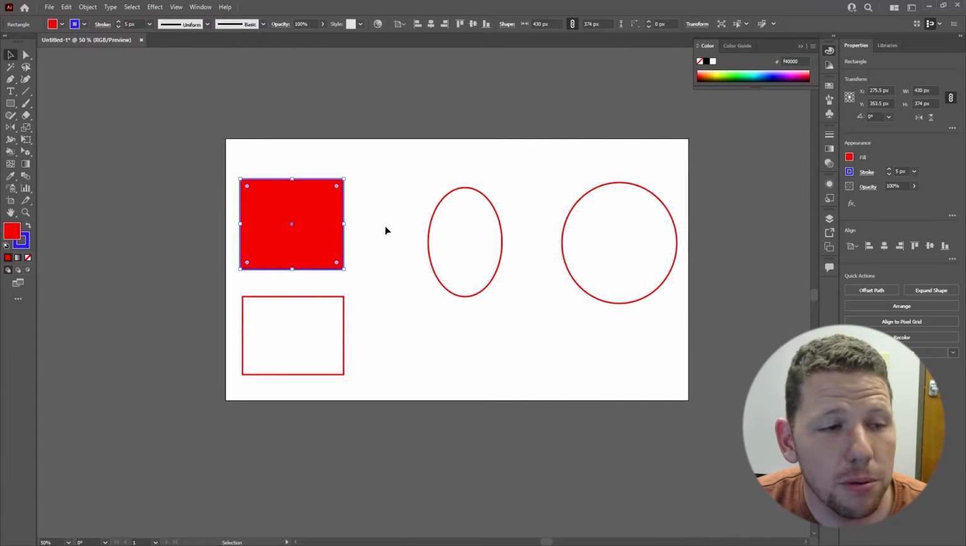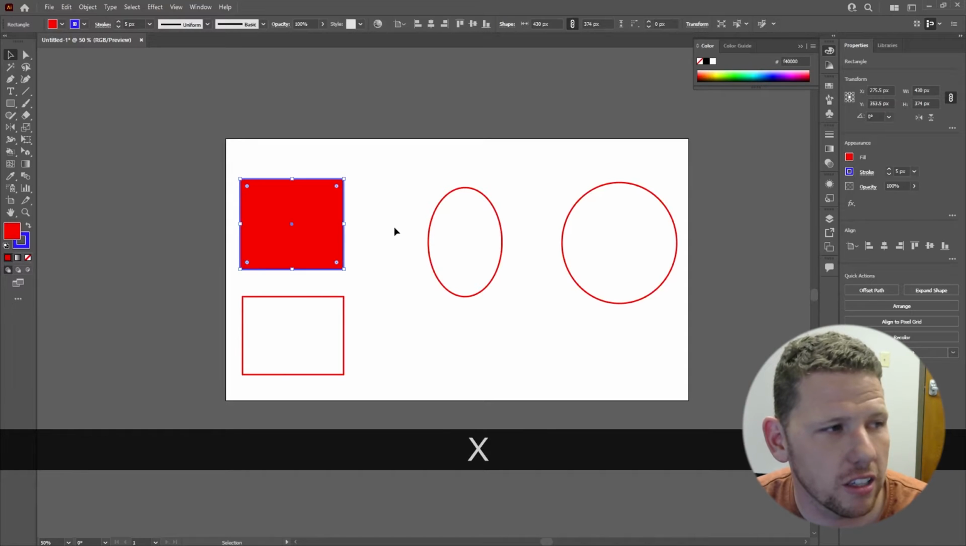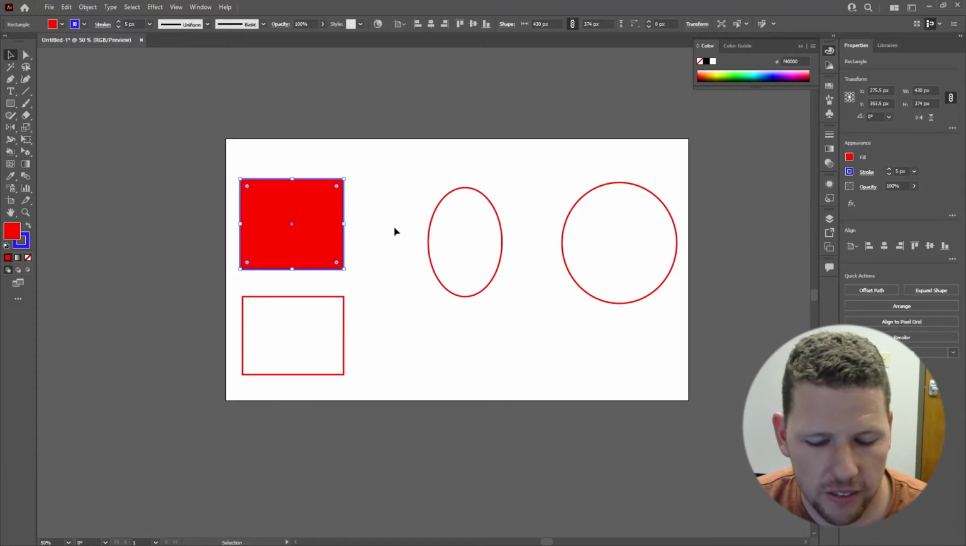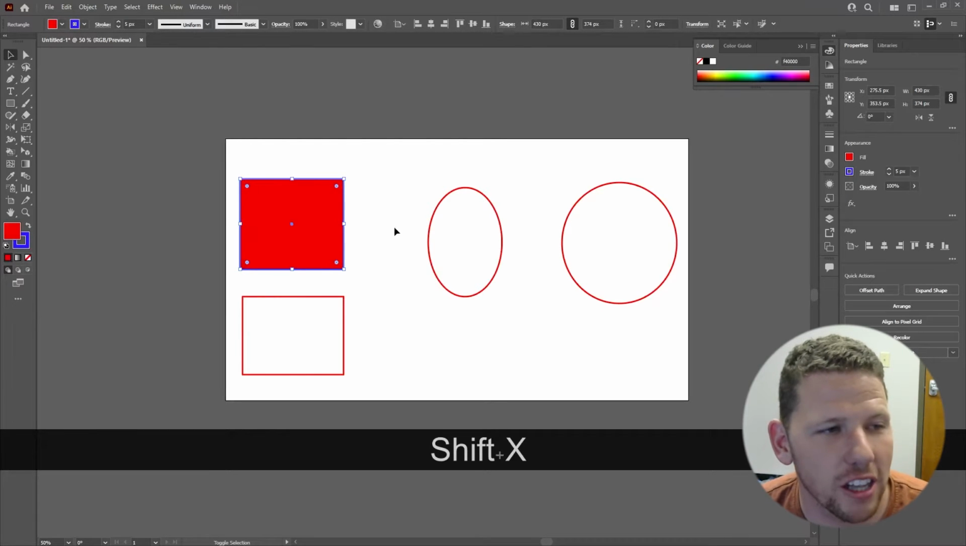I want. A couple handy keyboard commands in relation to your stroke and your fill is using X. When I press X on my keyboard, you'll notice that the stroke and fill changes focus over in the left side panel. Another handy keyboard shortcut is if I hold Shift and press X, it will swap out my stroke and my fill on whatever object I currently have selected. I use this a lot, actually a lot more than I ever thought I would, but it's a really handy